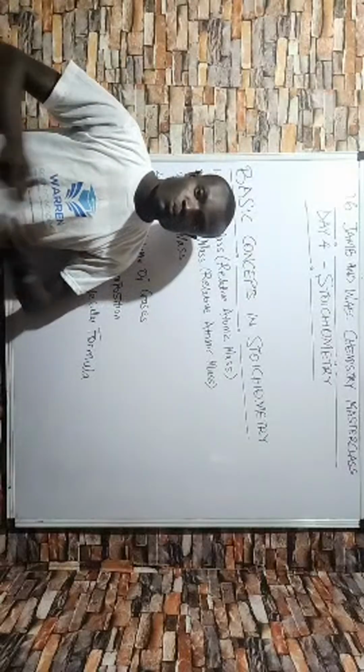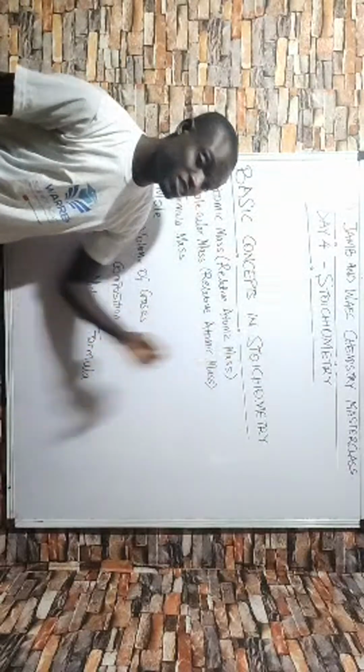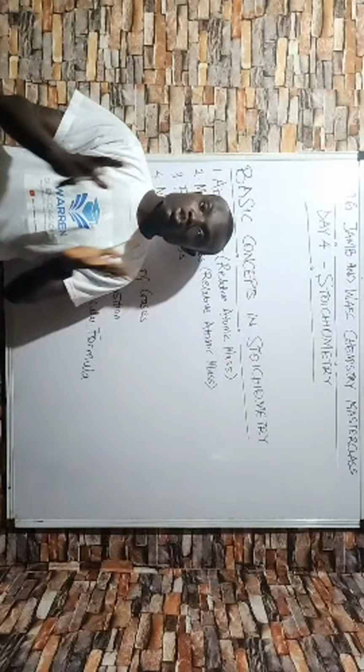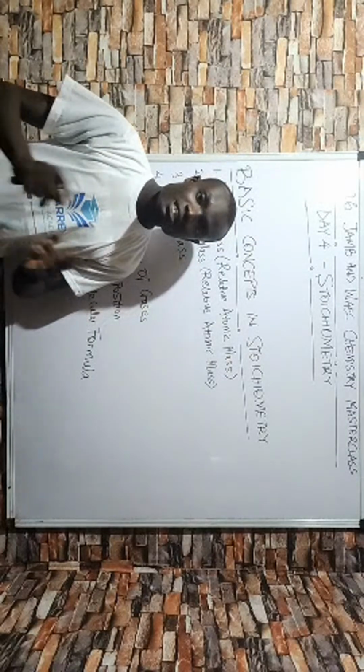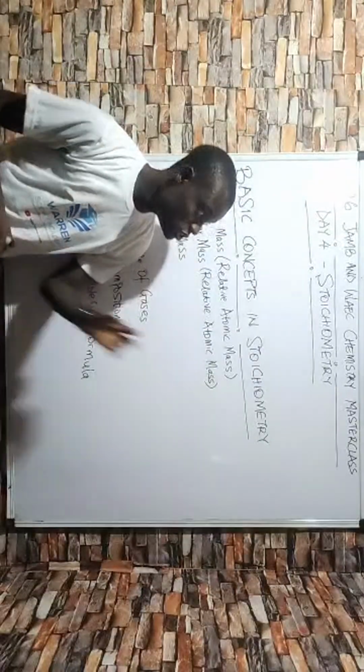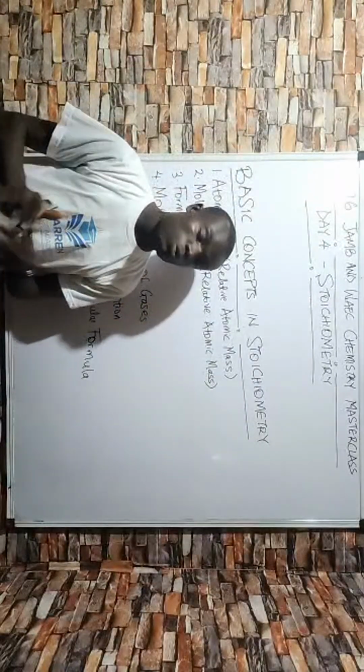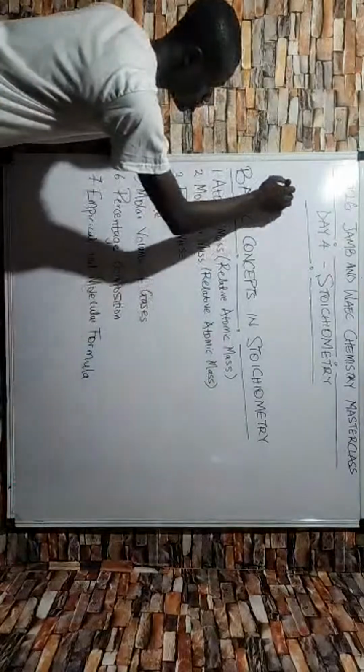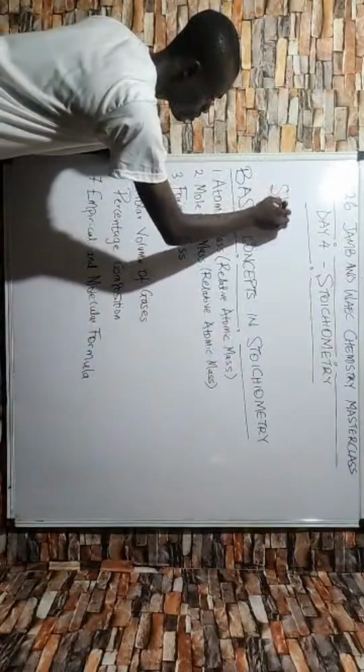So we'll begin this class by looking at this topic, stoichiometry. So what's stoichiometry? Most persons may ask. Now every word we have has a root or an origin. The word stoichiometry is coming from a word which is stoichion. So this word stoichiometry